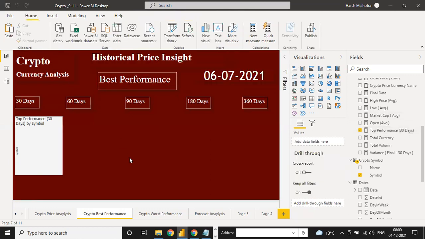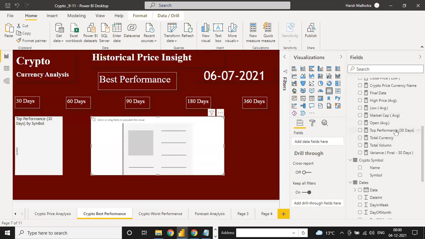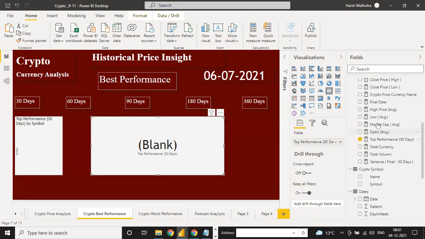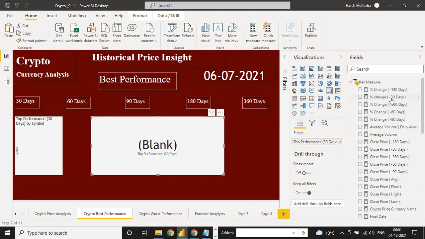See, somewhere Power BI is not working. So let me check whether it's correct or not. Because if the function is correct, what is the issue? Why is it showing as blank? Percentage of 30 days.